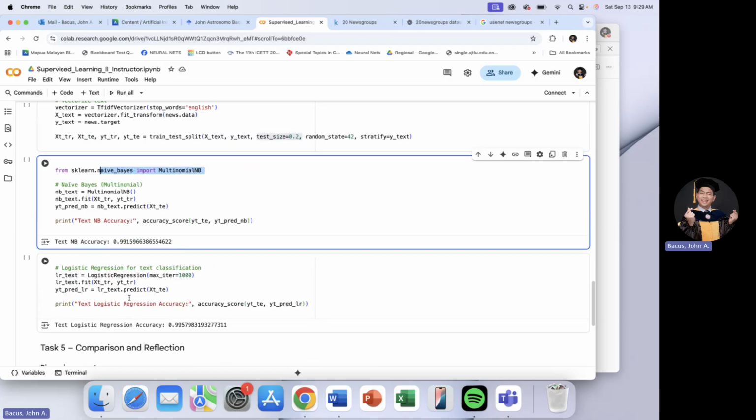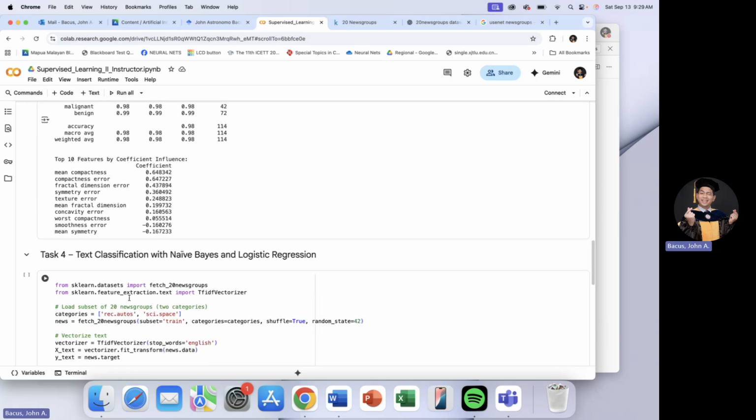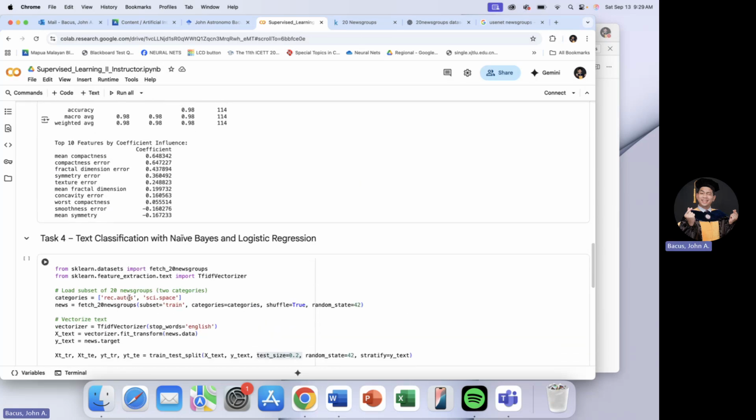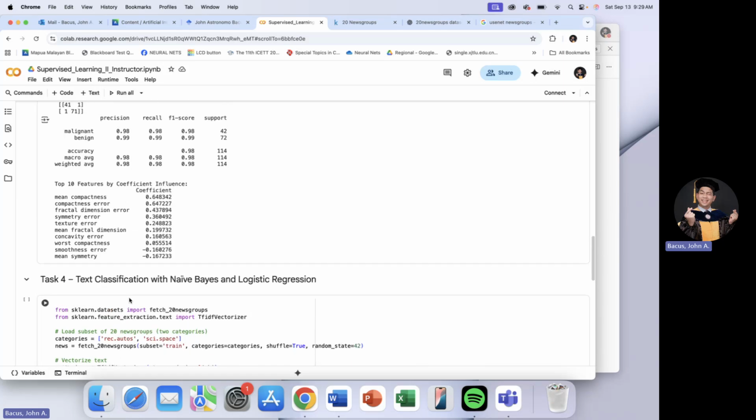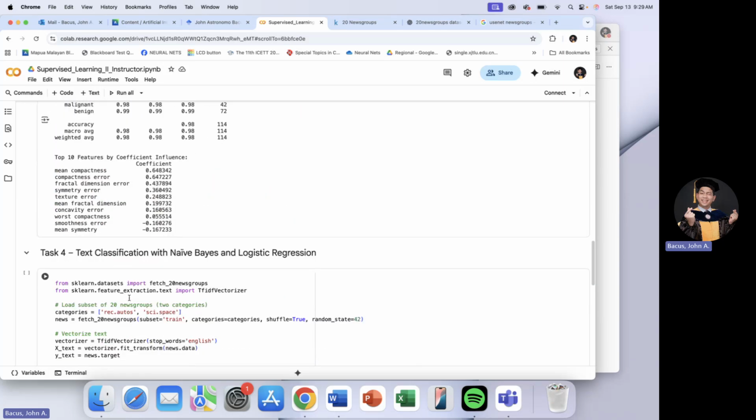For logistic regression, that's also 99.6%. So our objectives for task 4 in text classification is that